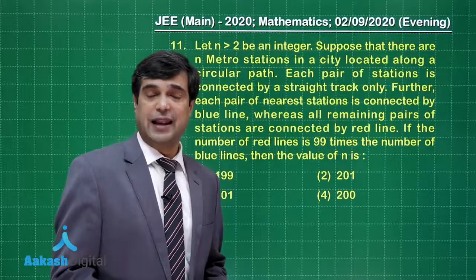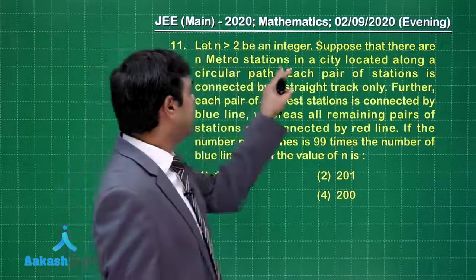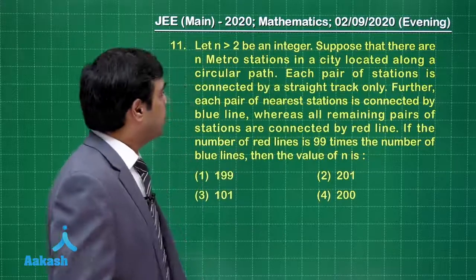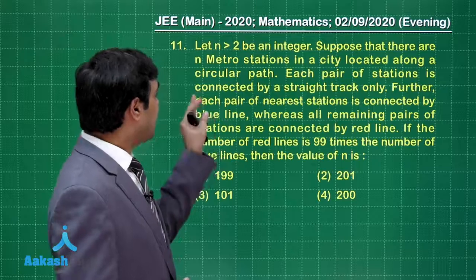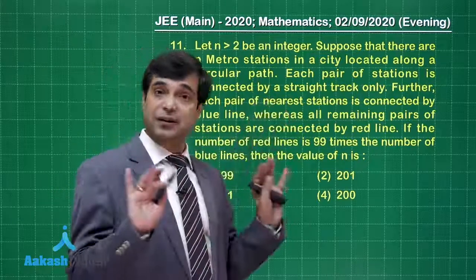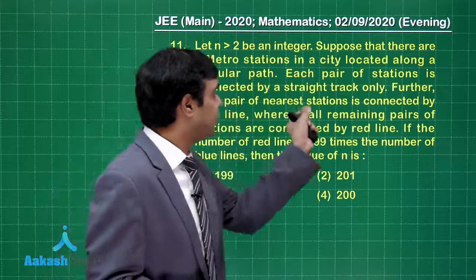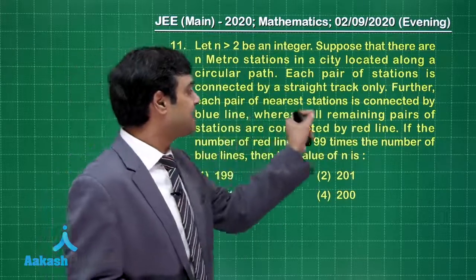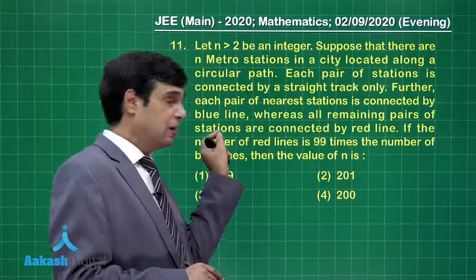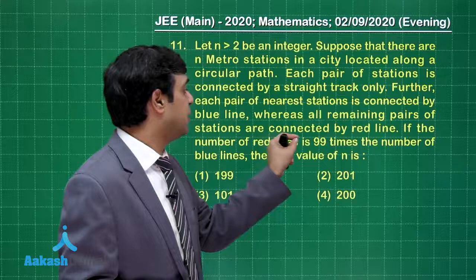So moving forward, let's consider question number 11. Let n greater than 2 be an integer. Suppose that there are n metro stations in a city located along a circular path. Getting it? Each pair of stations is connected by a straight track only. Further, each pair of nearest stations is connected by a blue line, whereas all remaining pairs of stations are connected by